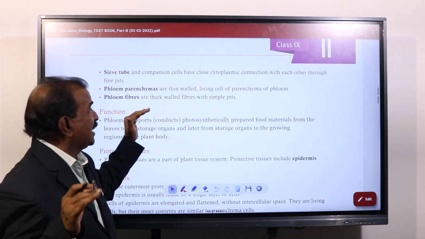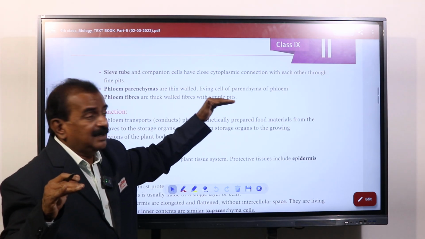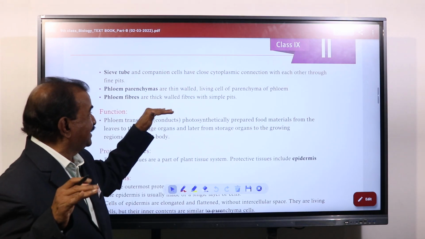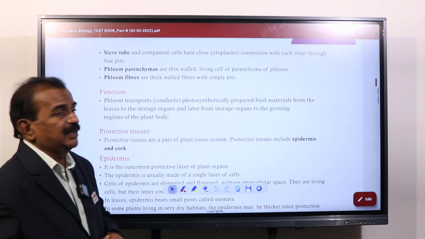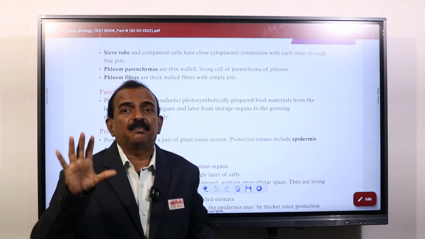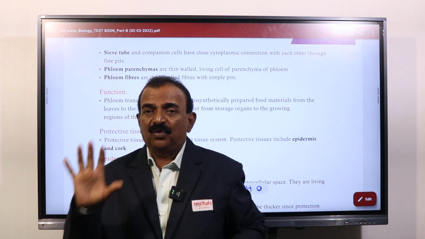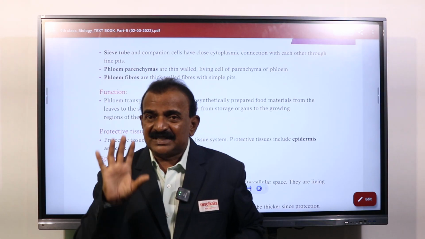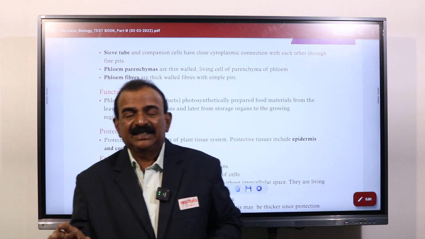Again, phloem parenchyma are thin walled living cells. And phloem fibers are thick walled fibers with simple pits. So here we need to understand what the functions of phloem are. The other name for phloem is bast tissue, and this phloem tissue consists of sieve tubes, sieve cells,